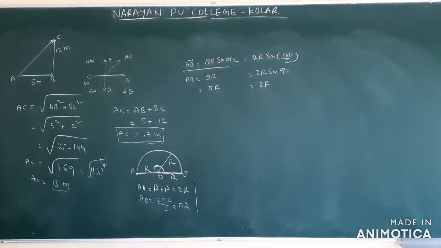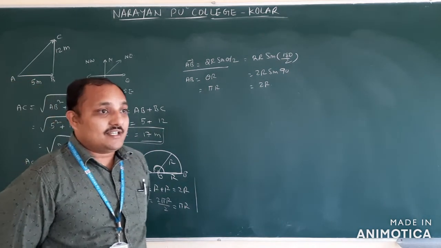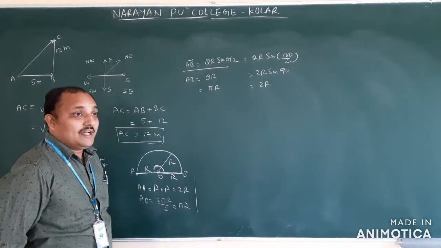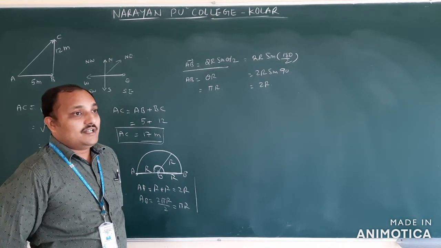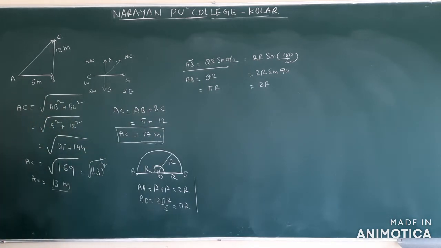Next, in page number 3.2 they gave average speed and average velocity. Already in PU also we gave that definition. What is average speed? Total distance by total time. What is average velocity? Total displacement by total time. So that is important for PU also. Here they are asking problems on those equations.